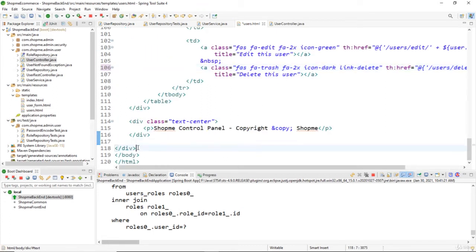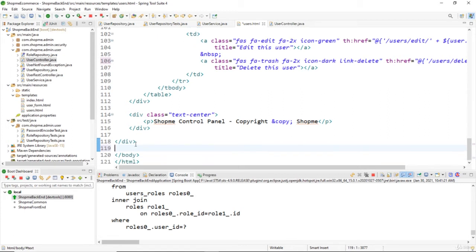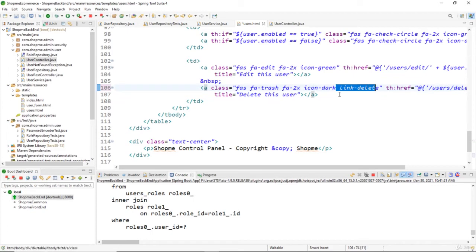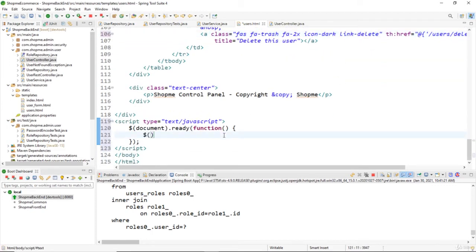write some JavaScript code before the closing body tag here. Script, document ready function, and we add an event handler for the link with this class link-delete. So we use the jQuery selector for a class here, dot link-delete, and on the click event of this link we execute this function. This is an event handler,